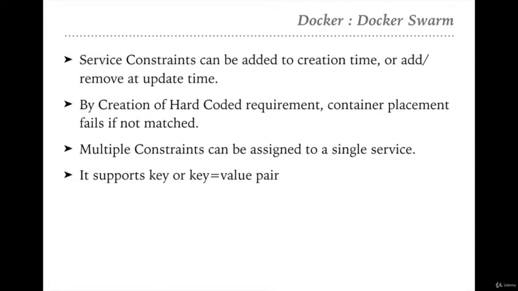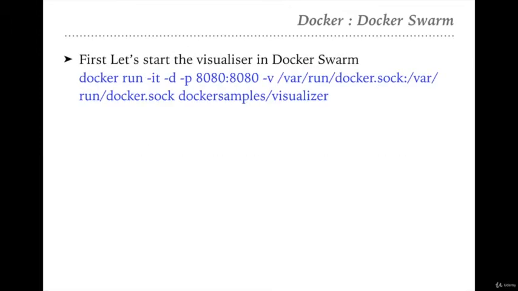So when we are saying the constraint, basically we are putting key value pairs in the service command, right? Or we are putting the key value pair in the Docker YAML file, so that my service will be executed and assigned to a specific container.